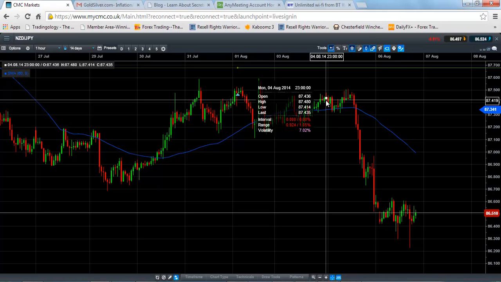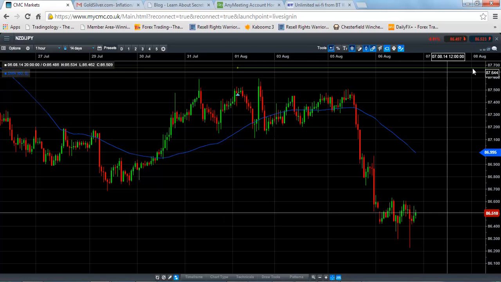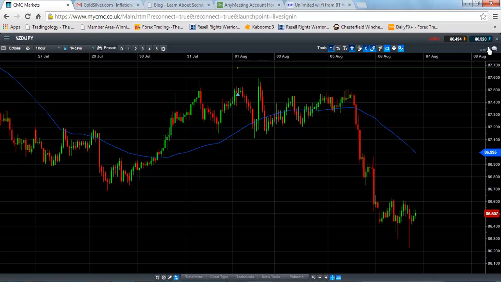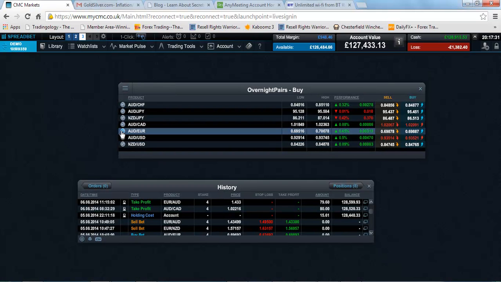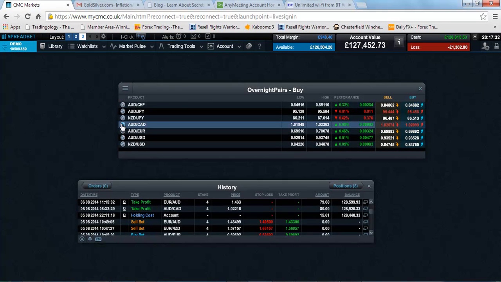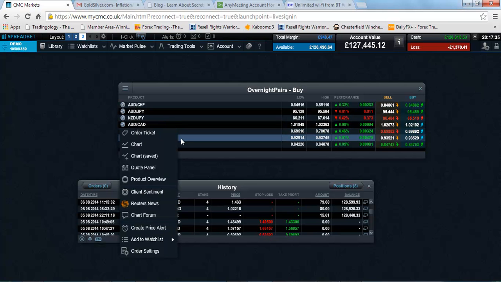And with this one, I would definitely stay out because it's not really breaking above the 60 SMA. So this is where the little homework comes in, and it's very good because obviously we want to trade the best currency pair so that we can make our money quick and fast. So obviously we have to check for another currency pair, and this one we will try AUD CAD,